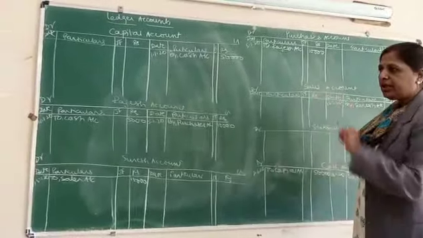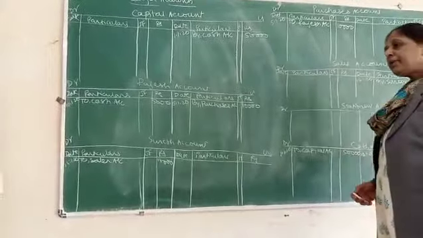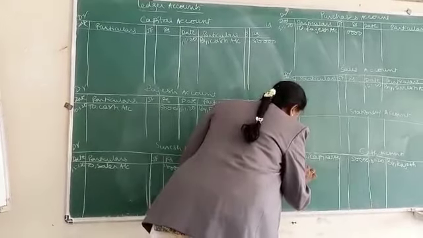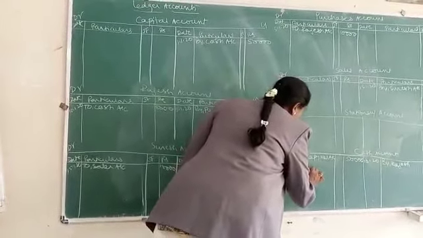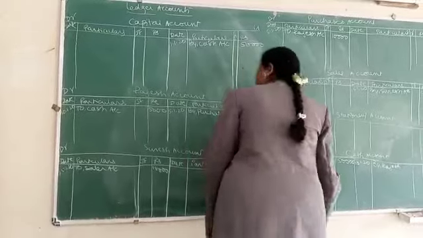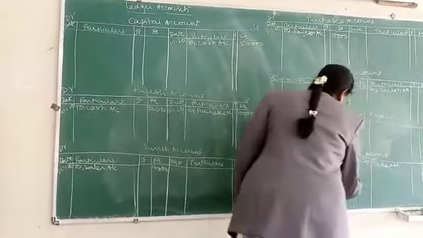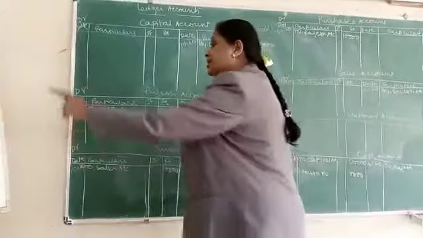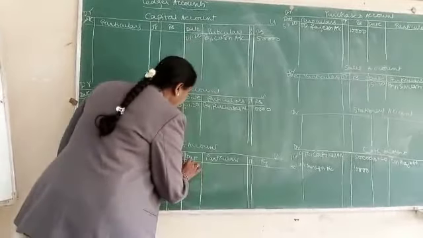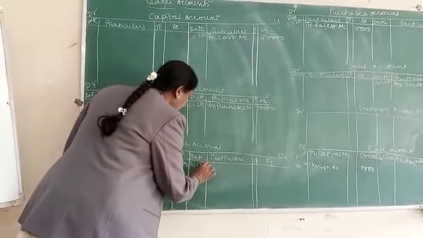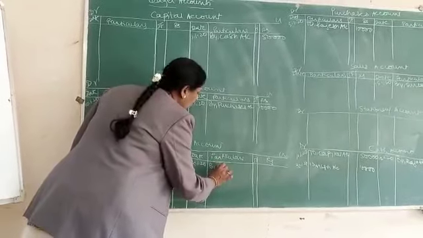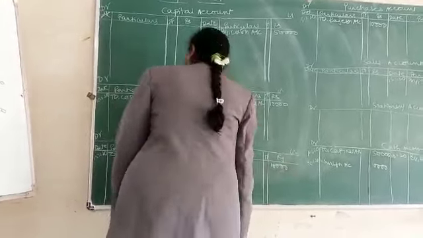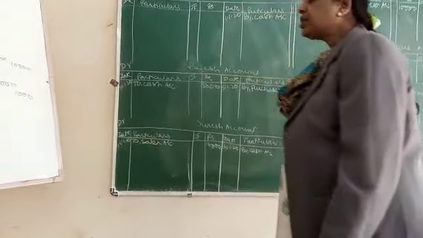Next, cash account debtor to Suresh account. Cash account is debited. Come to the debit side. Write the date 31/1/2020. Write it as to Suresh account. And the amount is 10,000. To the Suresh account credit side, it is credited. Come to the credit side, write the date 30/1/2020. By cash account, 10,000.